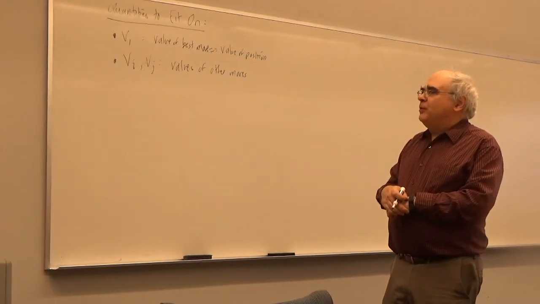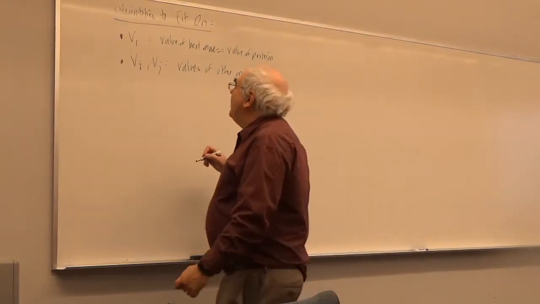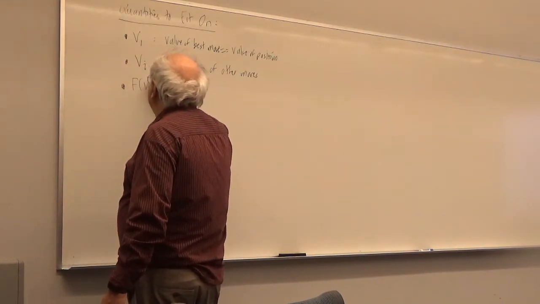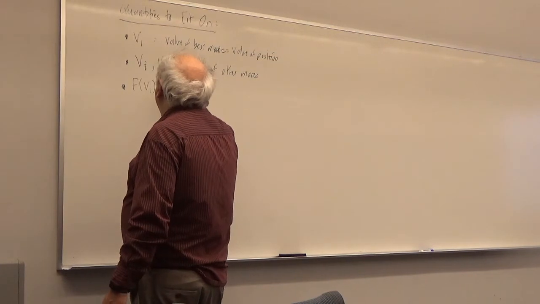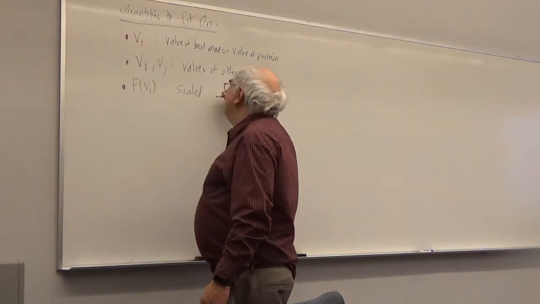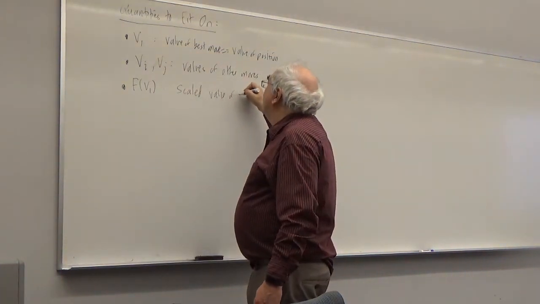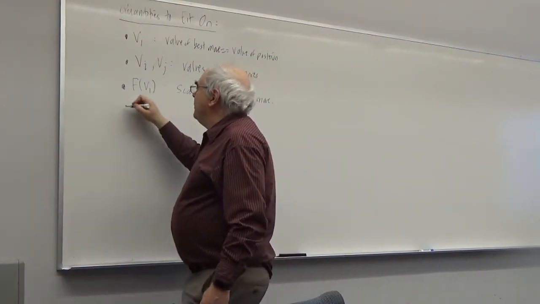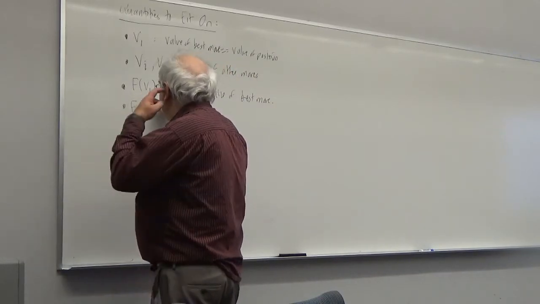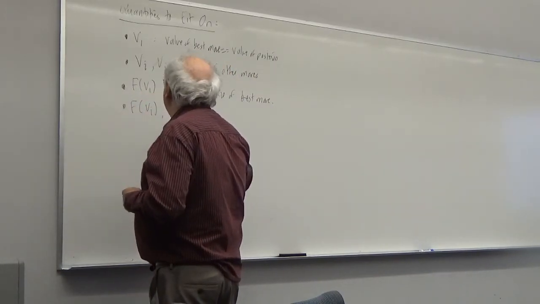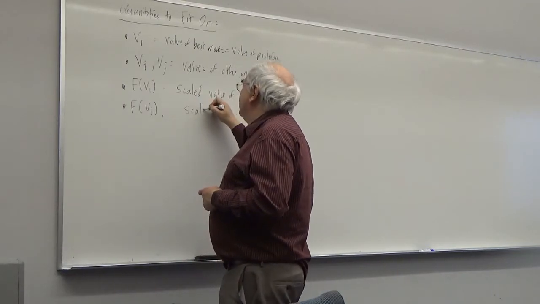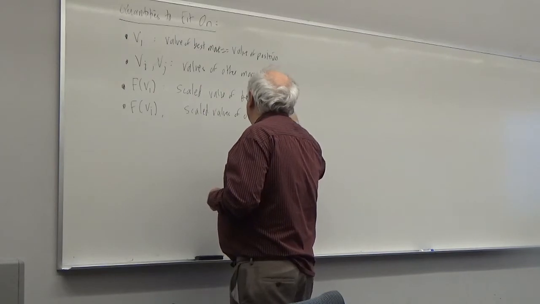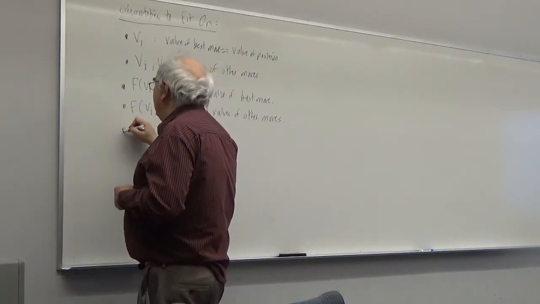...player performed relative to those projections. Okay. Now, then there's f of v1, which is the scaled value of the best move. And similarly, there's f of vi and f of vj. Okay, these are scaled values of other moves. Okay. Now,